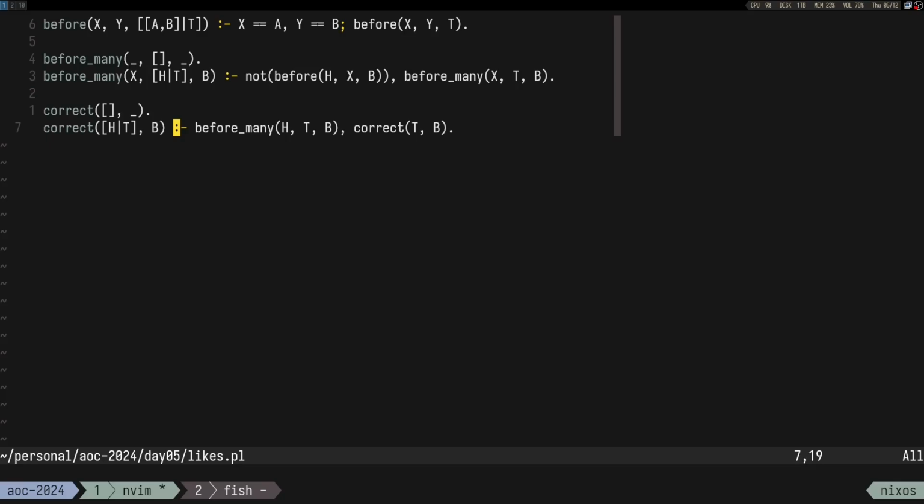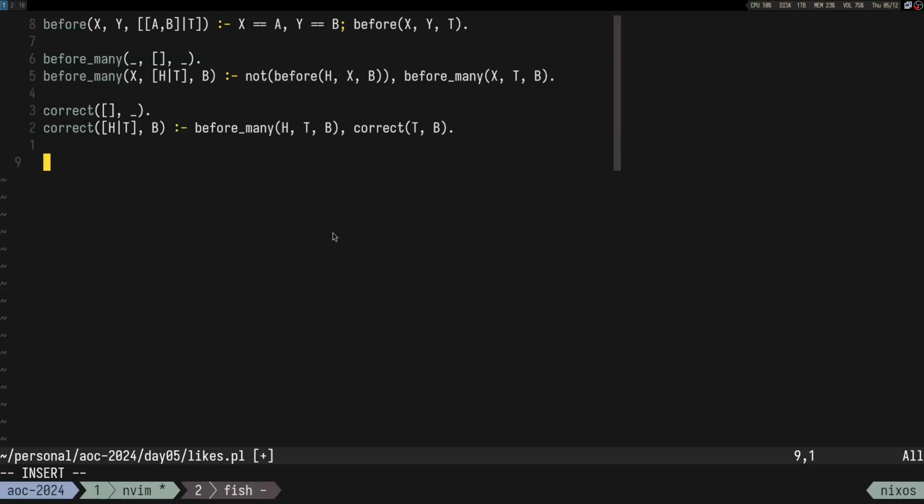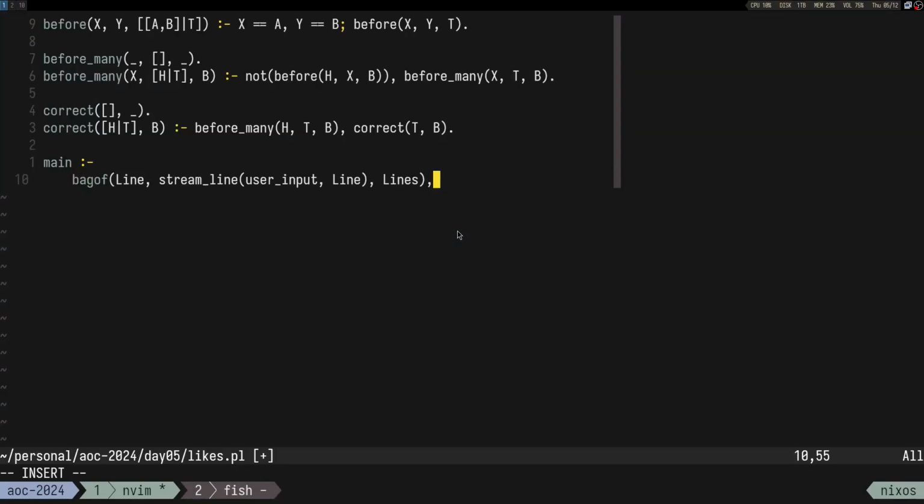Now this thing only says if the input is correct or not, so that's still fine. We'll need a way to get the middle of the input, but let's see how we can parse the numbers actually, because that's the most important part right now. Right. So we have a main function, and then we have this bag of. So we have line, streamline,